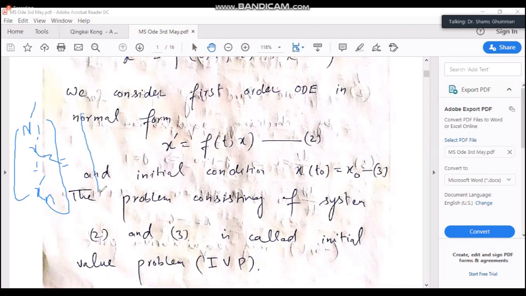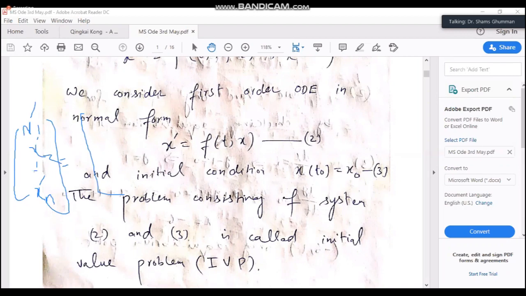Let me erase this one. And the condition is x of t0 is equal to x of 0. This problem consisting of this system is called initial value problem. To study the existence and uniqueness and the further properties of the initial value problems, we consider initial value problems in this form, where as I told you f is equal to f1, f2, fn, like the